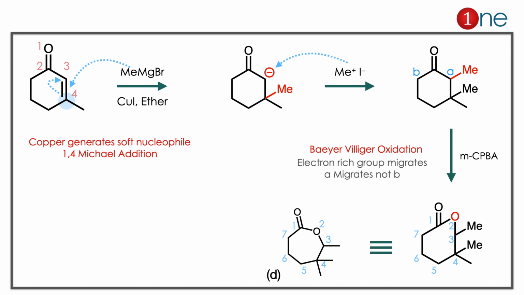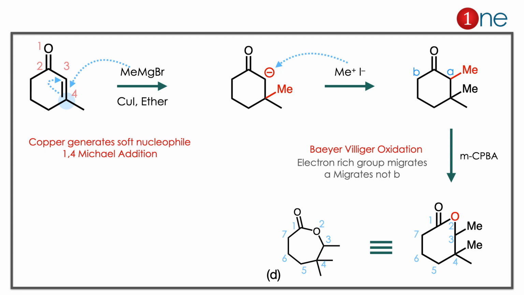The starting material is the conjugated ketone. You are using methyl magnesium bromide with copper iodide, which makes the nucleophile soft, the Me minus a soft nucleophile. If it is a soft nucleophile, the addition is 1,4 addition. If it is a hard nucleophile, it is a 1,2 addition. Here, 1,4 addition occurs. You have a methyl group attached at the 4th position. After the attack, you have the anion formation.